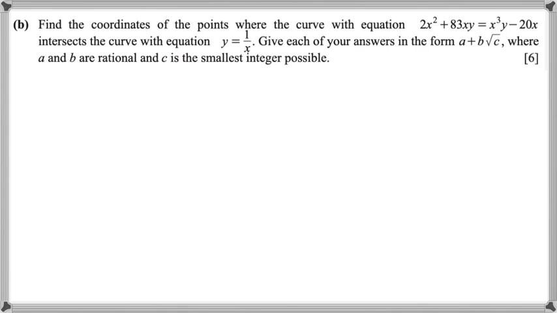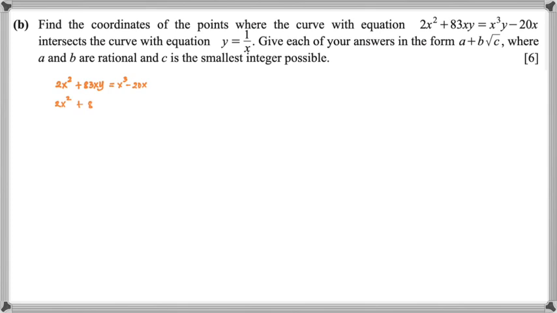All right, so let's find out. We have the equation 2x squared plus 83xy is equal to x cubed minus 20x. To solve this, we just need to plug in the value of y, which is 1 over x, into this equation. So we have 2x squared